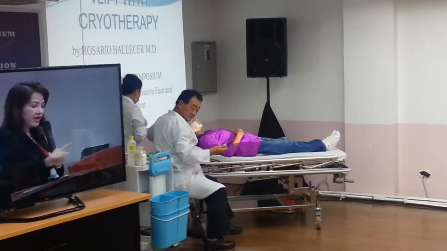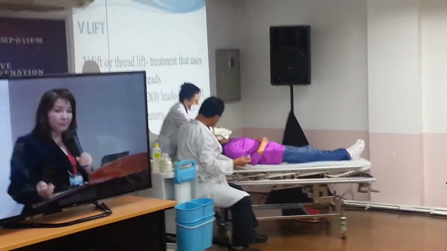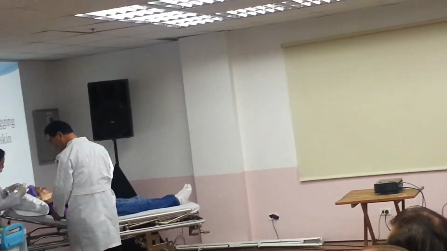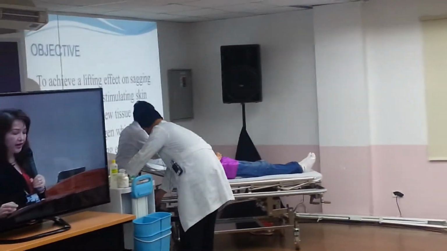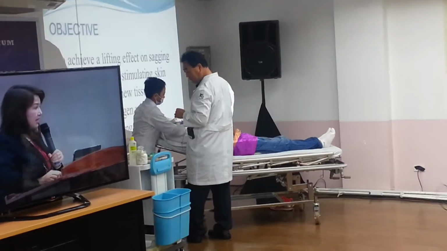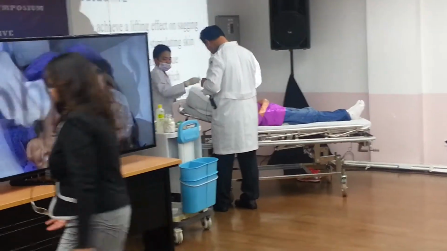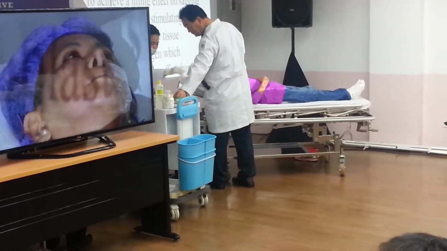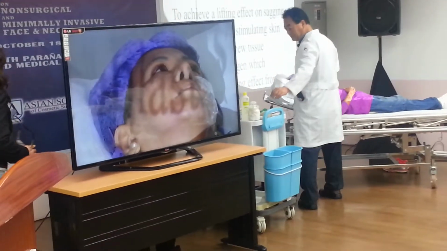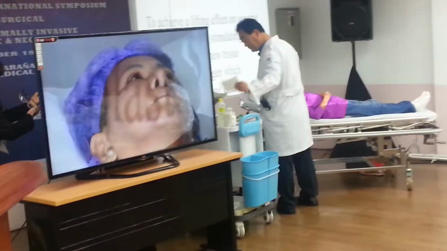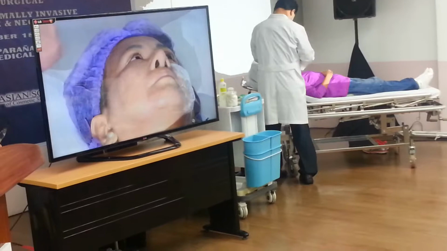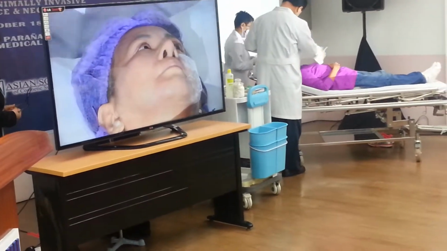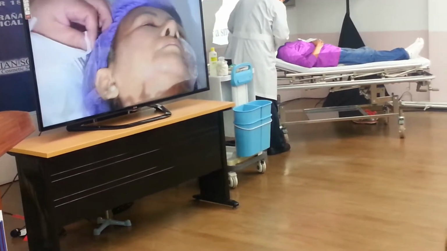Now, the main objective is to achieve a lifting effect on sagging skin of the face by stimulating skin tissue through the formation of new tissue, fibroblasts and collagen, which produces a tightening effect from inside out. Main indications are the sagging skin and also, of course, for patients who aspire for a smaller